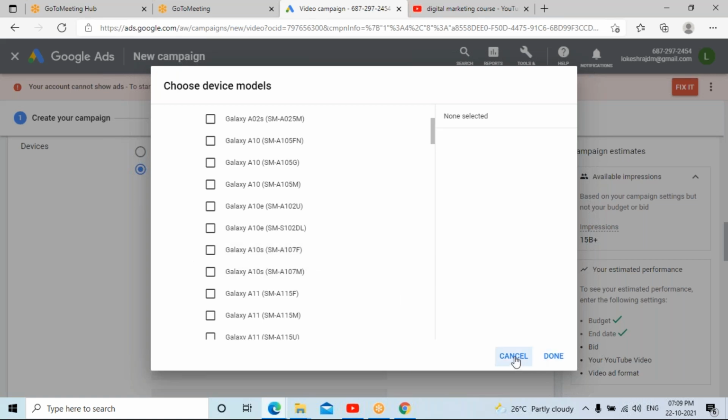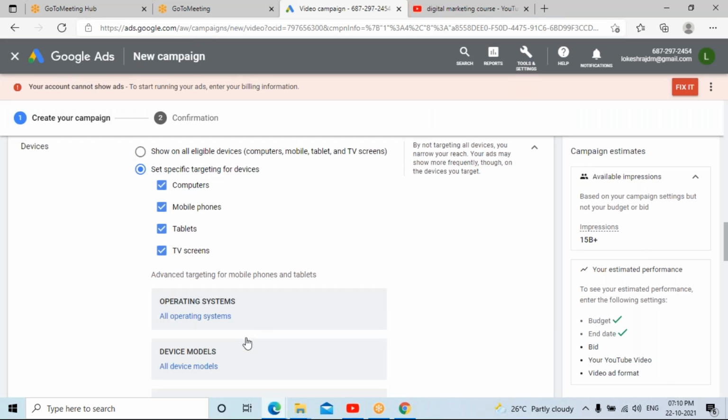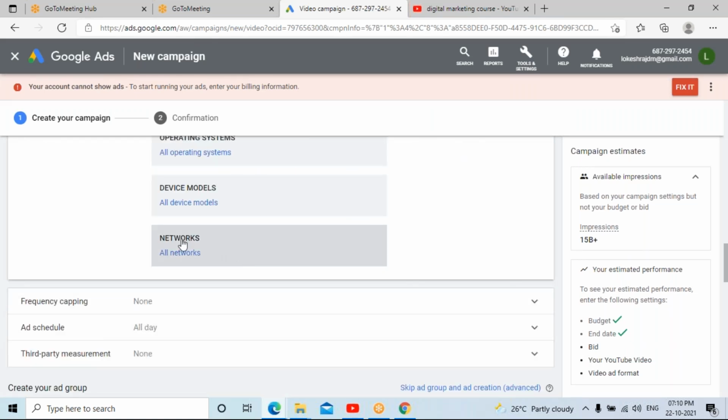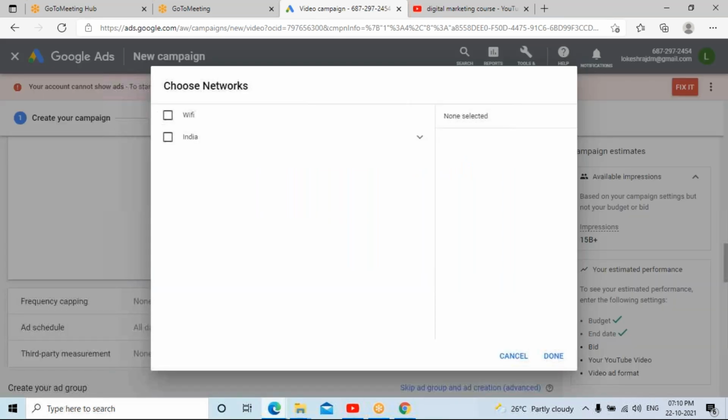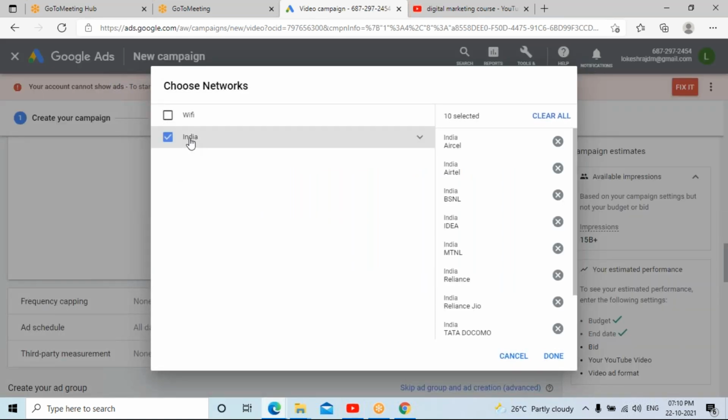No problem. So you can choose that device, and you can choose that exact place or exact unit of product to run your advertisement with. Okay, so instead of selecting any particular one, you also have an option as networks, which is the services you are using. If you are very specific about services, you can choose those particular options.